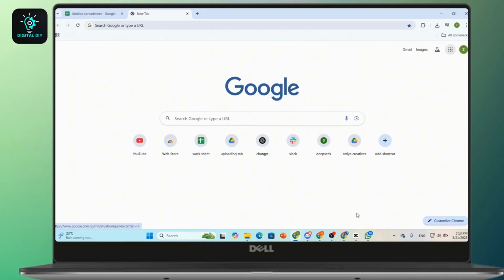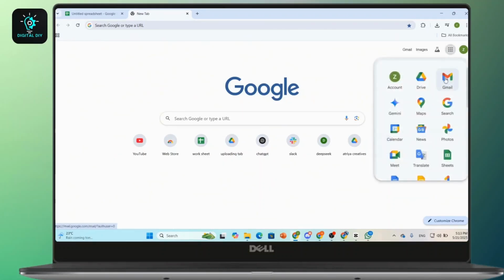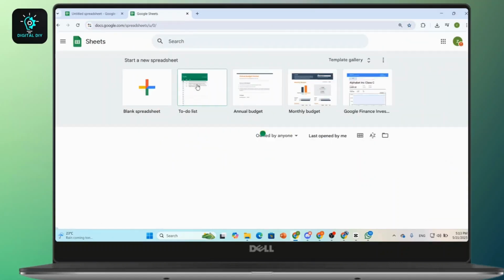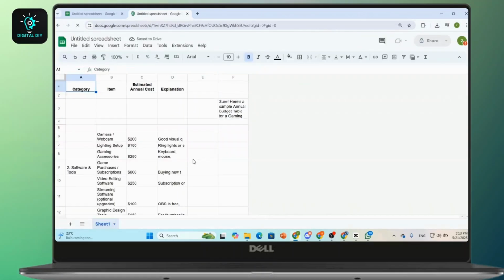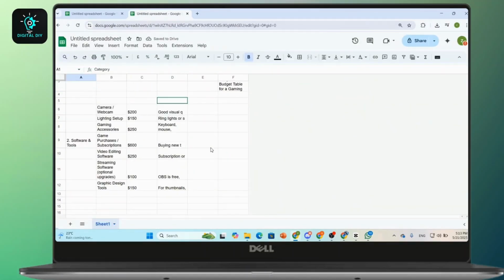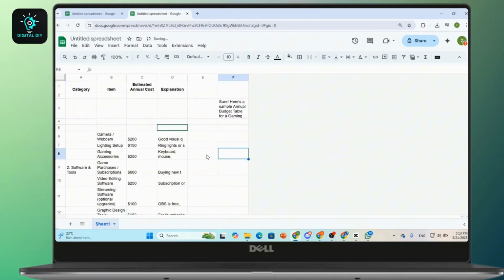So first things first, open a web browser on your PC and from there simply open Google Sheets. Here you can start on a blank page, but I have saved the project, so I'm going to simply open it. And here, once inside, if you want to wrap text in this Google Sheet, first you need to highlight